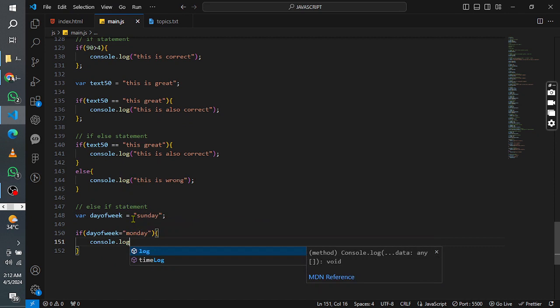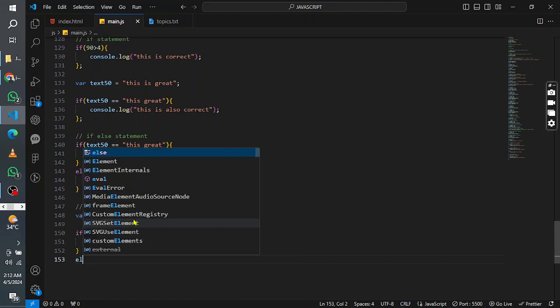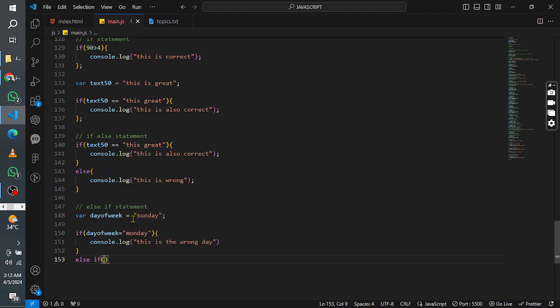I'll put this condition, console.log, this is the wrong day. For example, I intentionally want to make this wrong, so I want to put an else if statement. I can say dayOfWeek, oh sorry, let me put the double equals, dayOfWeek equals Sunday. So you notice here it's not showing an error, but if I were to remove this if now,